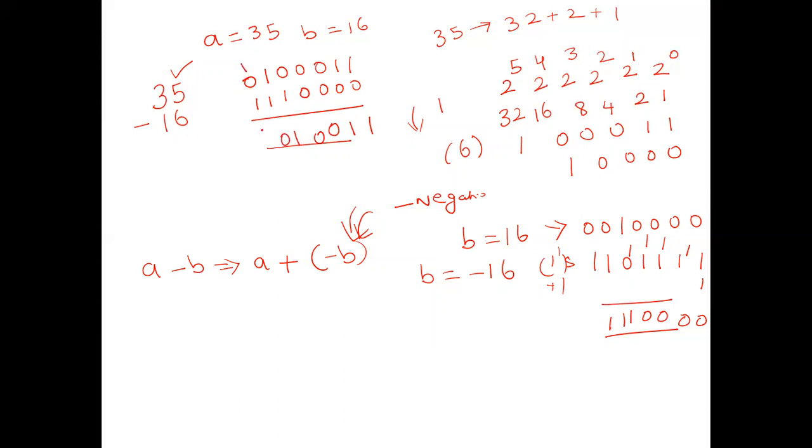Okay, 1 plus 1 is 10 and I will ignore the carry. So this rule fits the addition also. If the first number is positive and the second number is negative, you will check which one is the maximum number. Obviously here all my MSBs are 0, so it is a positive number. The actual answer is 19.